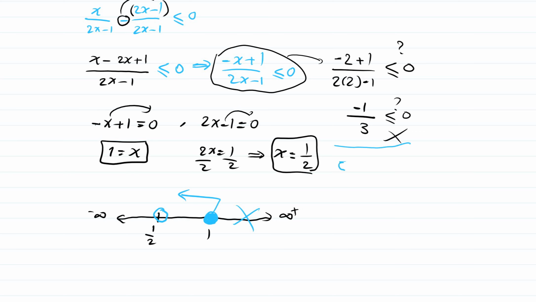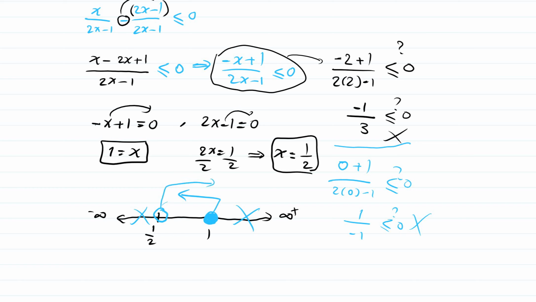0 plus 1 all over 2 times 0 minus 1. Is that less than or equal to 0? Let's test. 0 plus 1 equals 1, all over 2 times 0 equals 0, minus 1 equals negative 1. 1 over negative 1, is that less than 0? Of course no. So this part also is not the answer, so we need to go